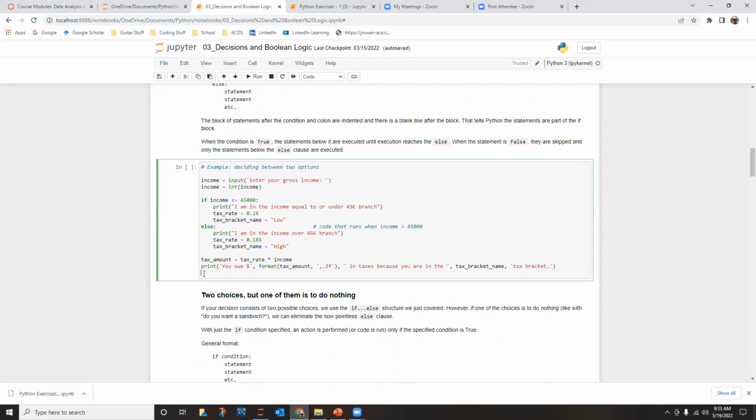If they enter a string or a floating point, it'll choke. But we've got two legs here, right? If income is less than or equal to 45,000, we print I'm in the income equal to or under 45,000